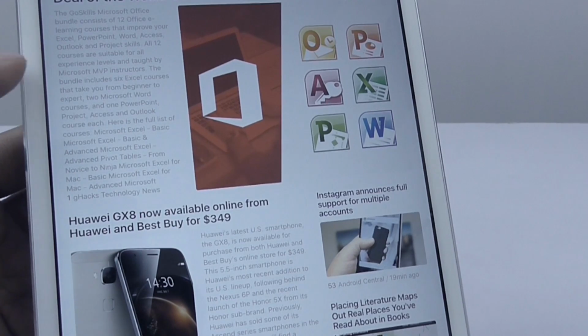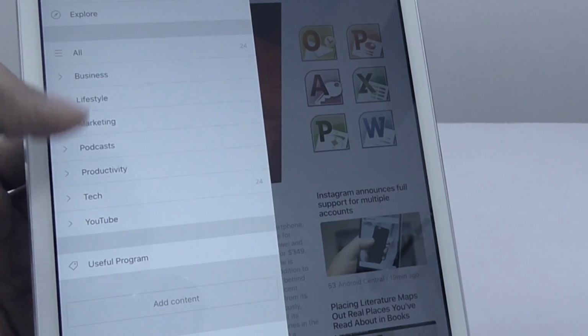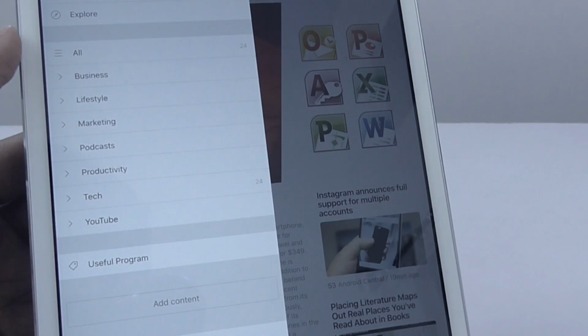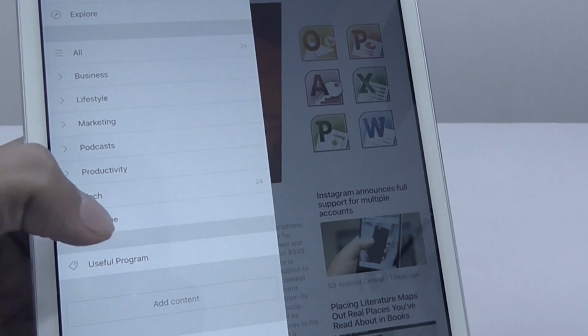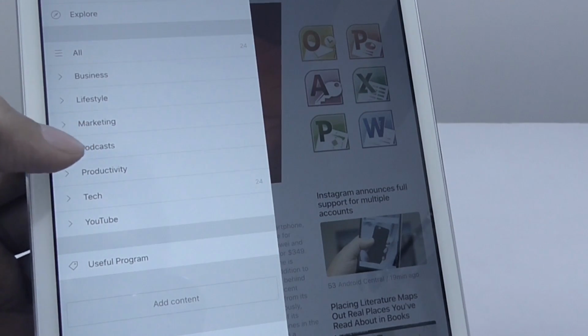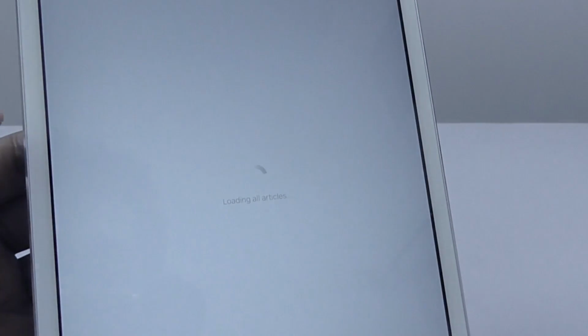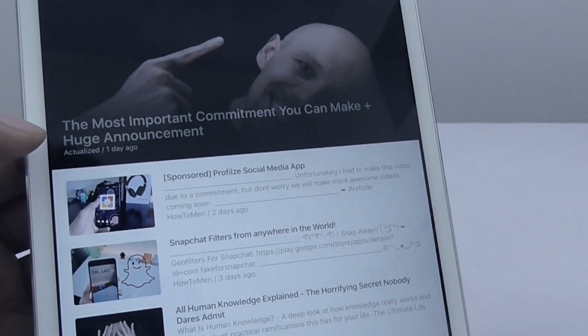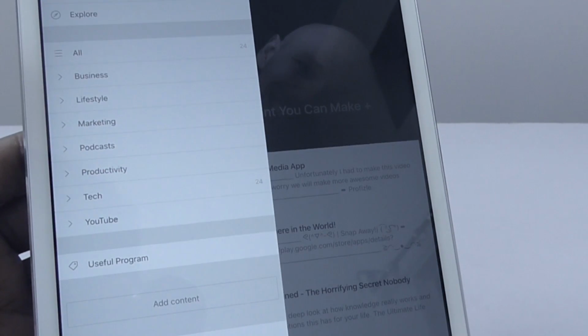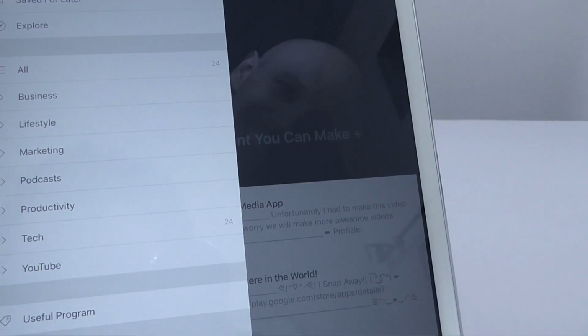So let's get started. If you swipe to the left of the screen, you will see all the categories and settings options. One thing to notice here is you can also add your YouTube and podcasts here. But personally, I like to have a separate application for both of them just because I'm a heavy user. But nevertheless, it is a nice service and definitely worth mentioning. Also, at the side of each category, you will see the number of unread articles. So let's go to the tech category.